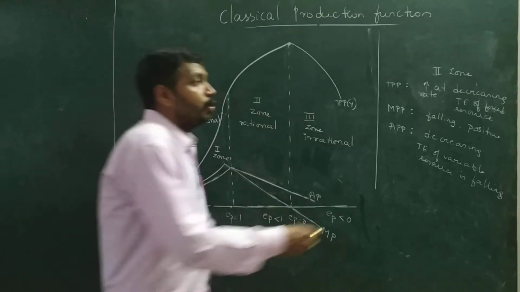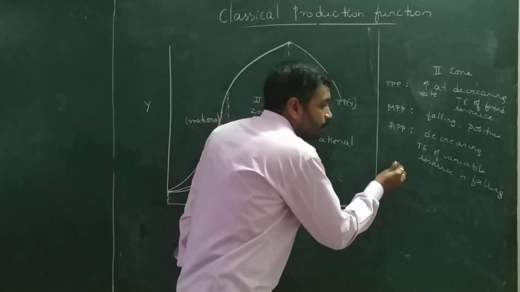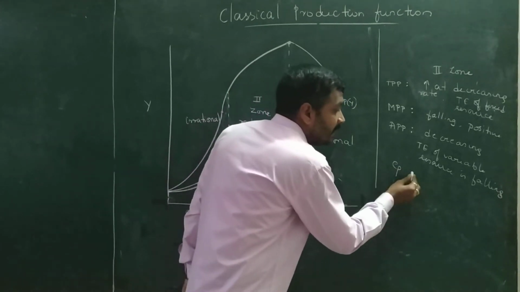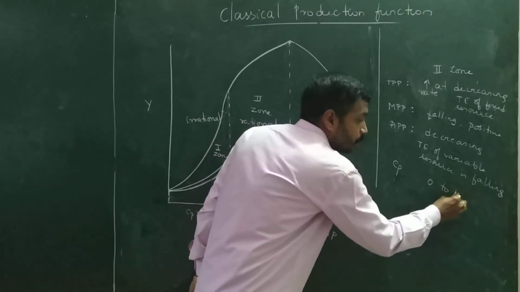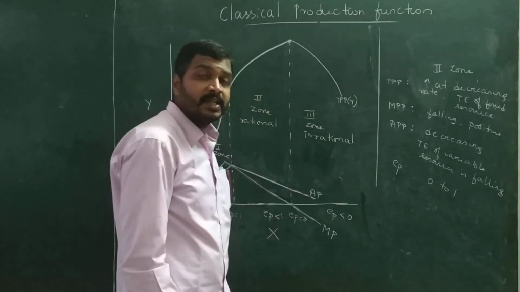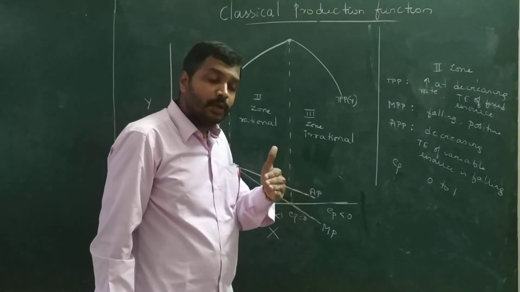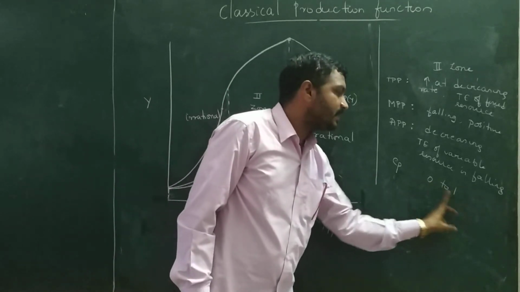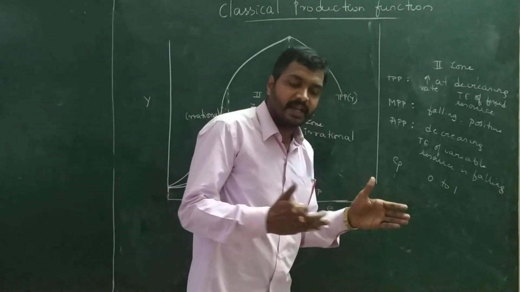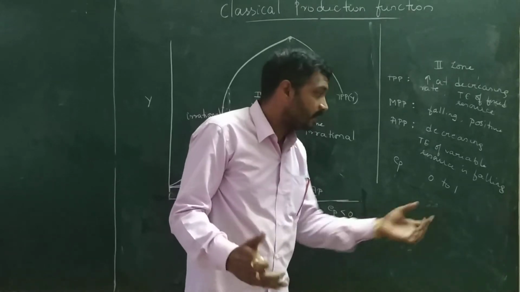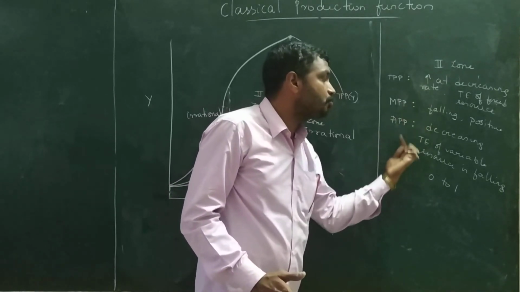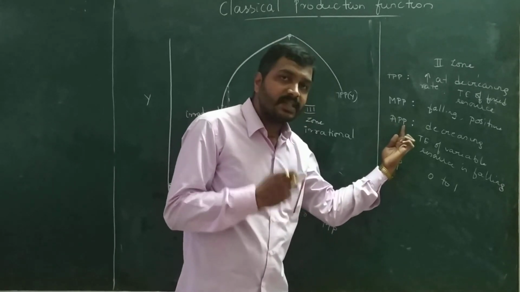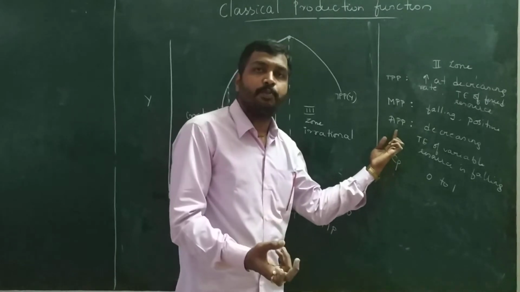Okay, so looking into these characteristics, and if you look into the value of EP, it has not become negative, is it not? That means EP ranges between 0 to 1. That means the percentage change in input will increase output in the range of 0 to 100%. Try to understand, all these are considered a positive sign. The only thing is that APP signals that the farmer should not continue input application.